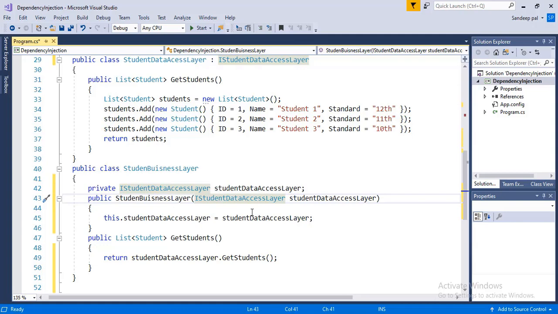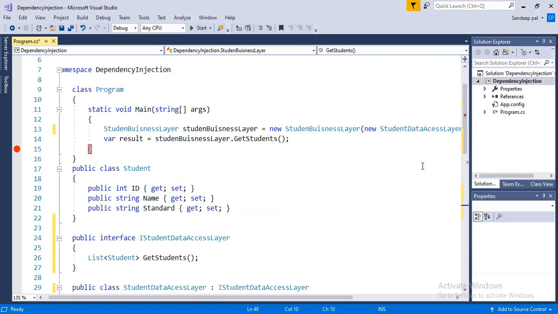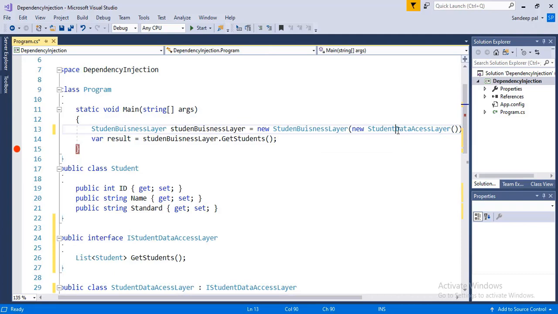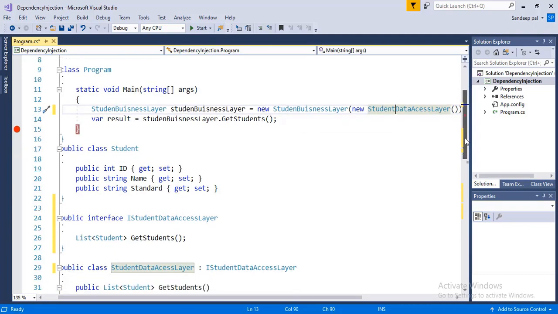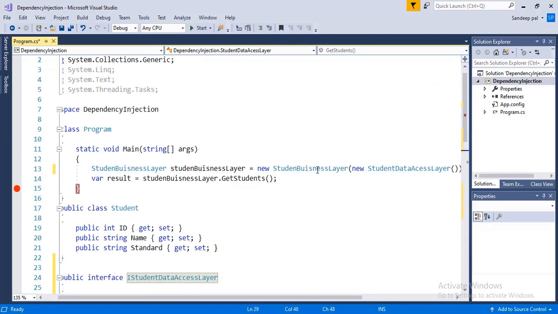And we assign that object to the private variable student data access layer. We use this variable to call the getStudent method. In the main method, we created an object of the student business layer class and passed the object of the student data access layer class, as it implements the iStudent data access layer interface. So this is the way to implement constructor dependency injection.